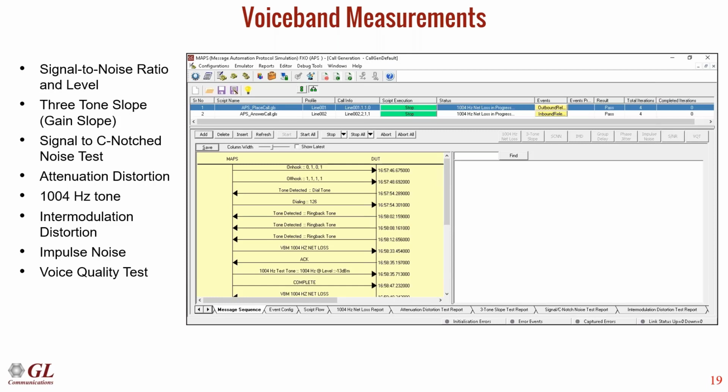What we could do here is, basically with the audio going across the APS from one end to the other, or from the FXO to the FXS, or from one FXO all the way over to the other FXO, we can measure different voiceband characteristics of that audio, such as the noise ratio, or the noise levels, the signal levels, 3-tone slope.